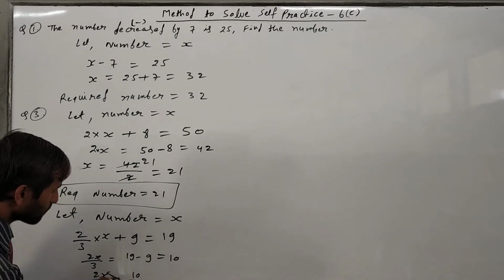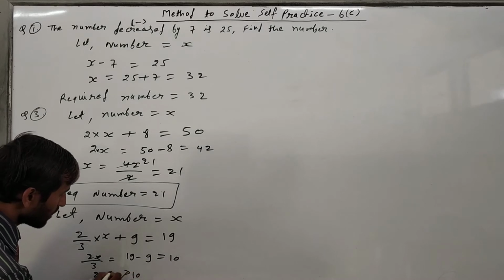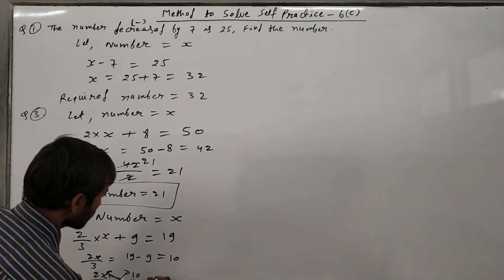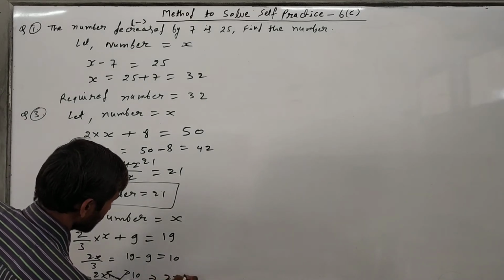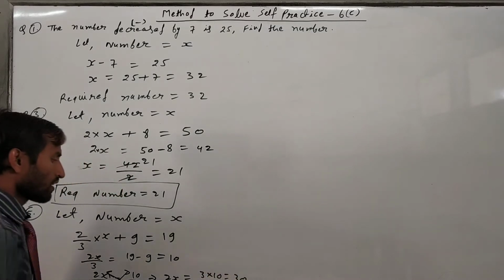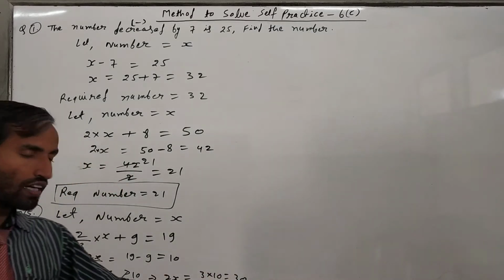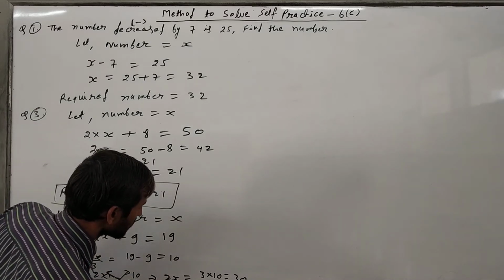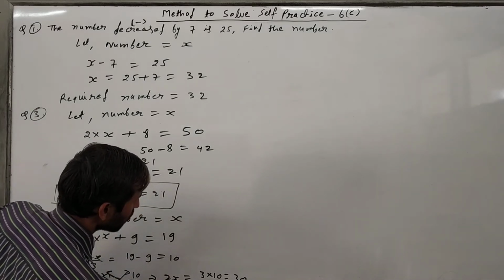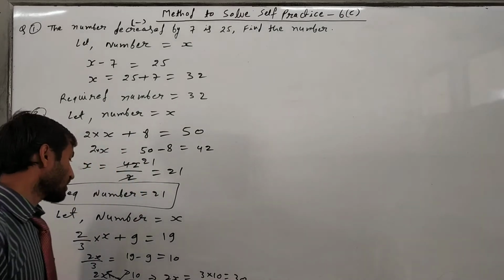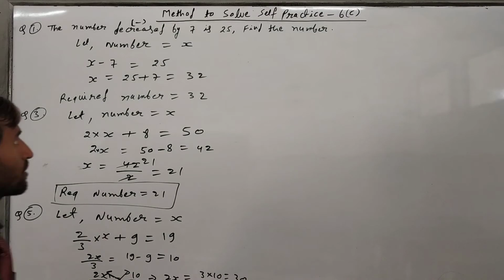Now we have to cross multiply here, because a fraction is given on this side. So we will cross multiply. Then it will come like this: 2x into 1 means 2x is equal to 3 into 81. Then it will come 243. Okay. Now this 2 is multiplied, so it will go to that side and become division. So x is equal to 243 upon 2. Final answer is the required number. This is the final answer.